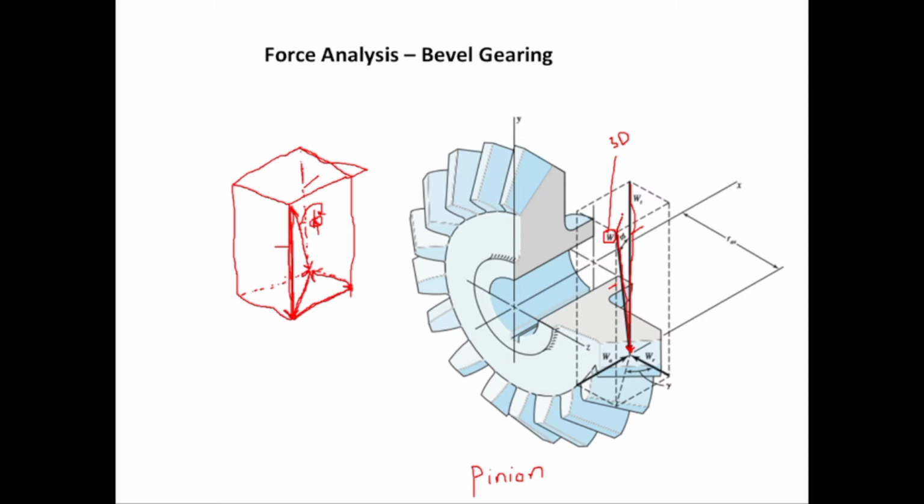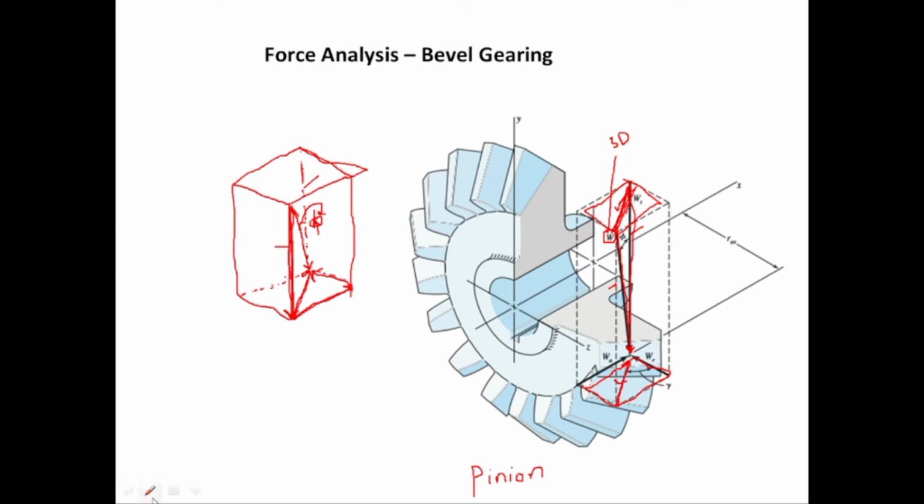Since W has three components, the other remaining two components we write as a single force component like this on the top face, or we can also draw it on the bottom face. This is the top face, which looks like a rectangle, and this is the bottom face, which also looks like a rectangle. They have the same length and breadth or width, and this diagonal is equal to this diagonal. So if you write the other component, which is actually constituted from the x and y components of W,